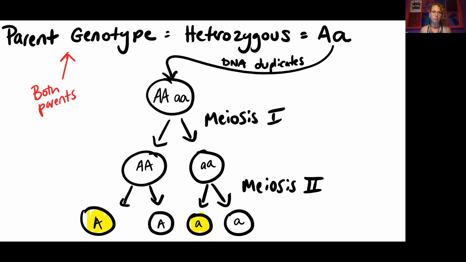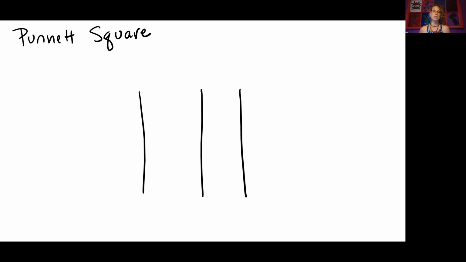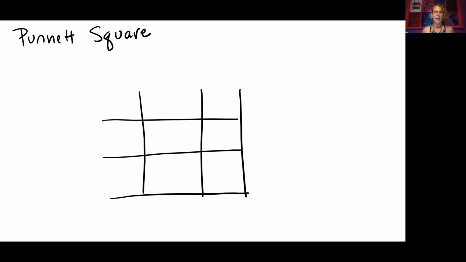Next thing we want to do is practice our Punnett Square. So if you're needing to draw your own, this is your easy way. Do 3 vertical lines and then 3 horizontal lines. And then in this top box here, you don't really put anything. And sometimes students find that confusing. So what I like to do is represent my female symbol and my male symbol. And that just helps to remind me